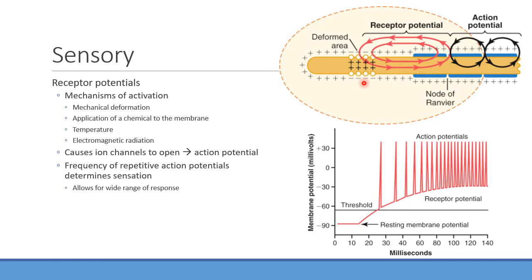In some cases it could be chemicals being applied to the membrane itself. So for instance, imagine smell. We're going to find that in the olfactory bulb, there are lots of cells with these little cilia that respond to different chemicals coming up and activating certain things like G-coupled proteins, as we'll see. Could be temperature, could be electromagnetic radiation. What would be an example of electromagnetic radiation? Things like vision, right? Because we're getting this radiation sent into our eyes, and we can respond to that.